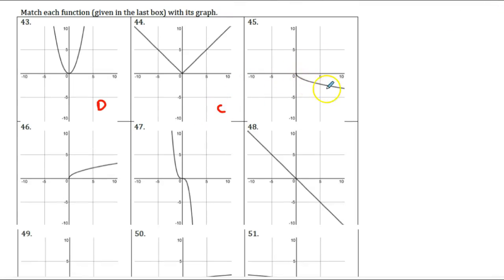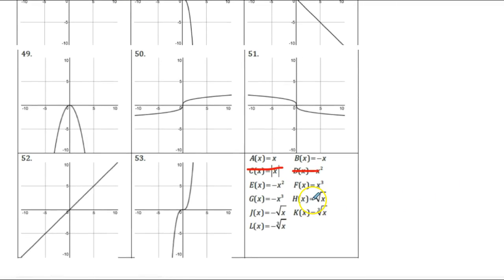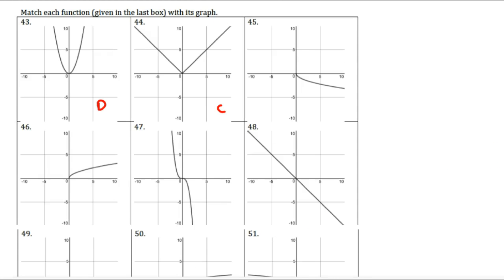This one you might be wondering what this one is, but notice 45 and 46 are very similar to each other. This is a square root function, and then this is taking the square root function and reflecting it over the x-axis. So the sign changes on everything. The y-coordinates become negative. So square root function is h, and the negative square root function is j. So square root function would be h here, and the negative square root function would be